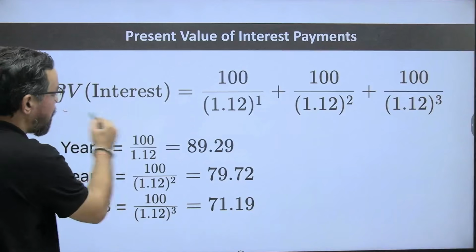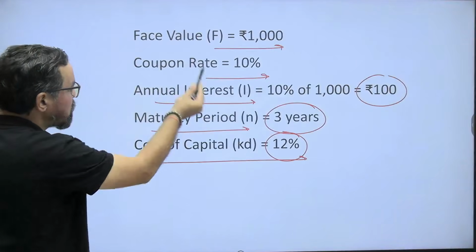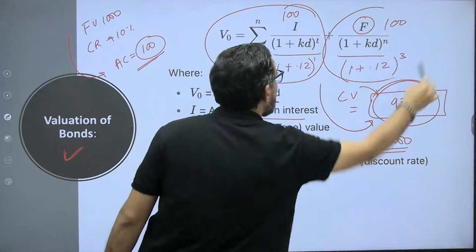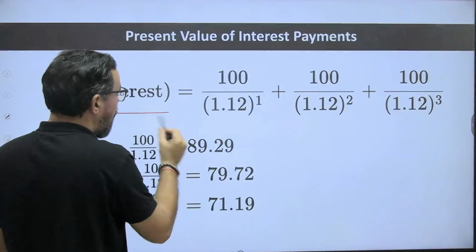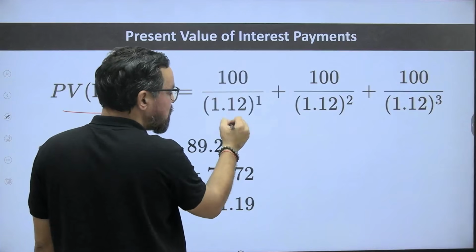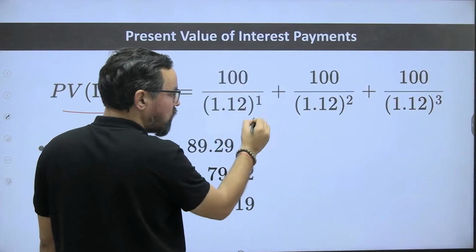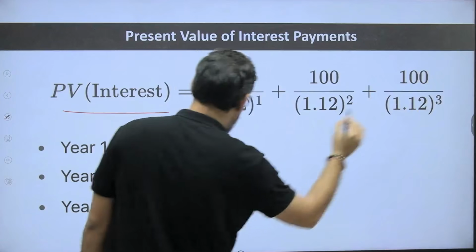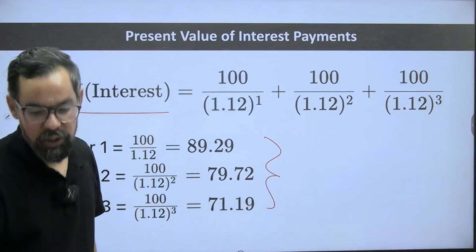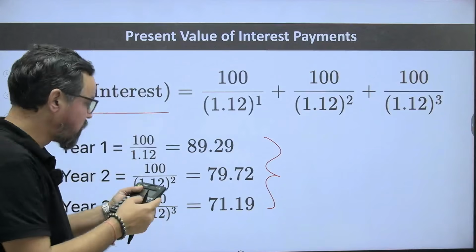So PV of interest, this first equation I'm solving, this part first, then we'll do calculation for this part. So 100 divided by 1 plus KD, so 0.12, to the power 1, 2, 3 years. So we reach these particular numbers and you have to total them. So the total is